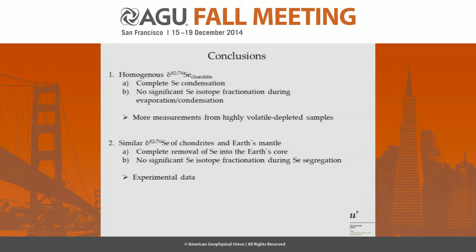The second conclusion is that we cannot distinguish the selenium isotope composition of the chondrites from that of the Earth. This would argue either for a complete removal of selenium into the Earth's core, or that we don't have a significant selenium isotope fractionation during the segregation into the Earth's core. This would be different to, for example, molybdenum or silicon isotopes. So from that, we need the isotope composition from the experiments, the melt silicate partitioning